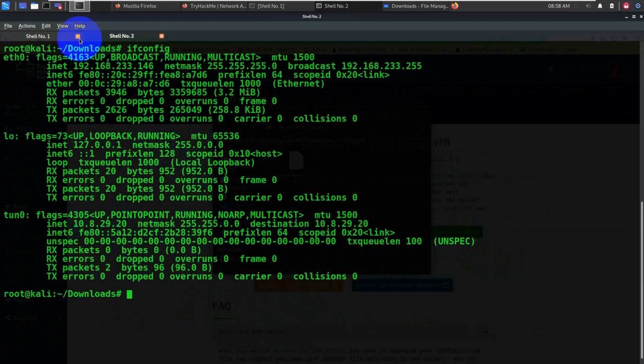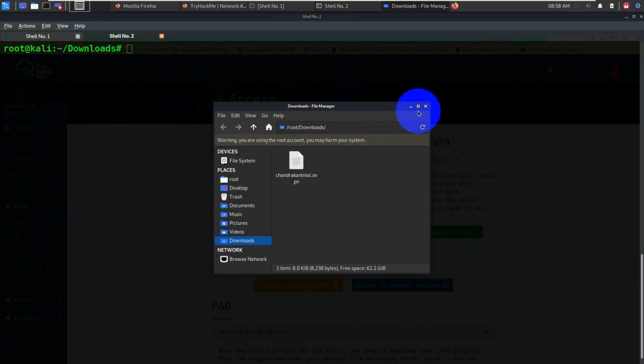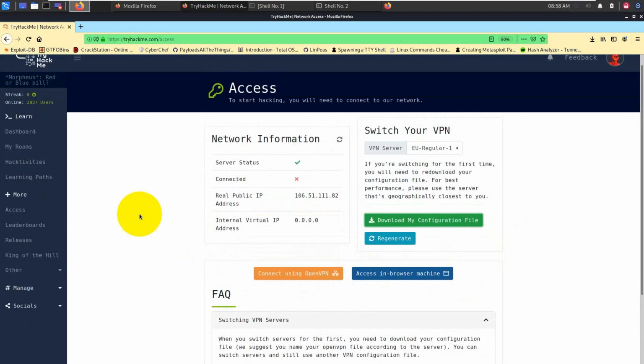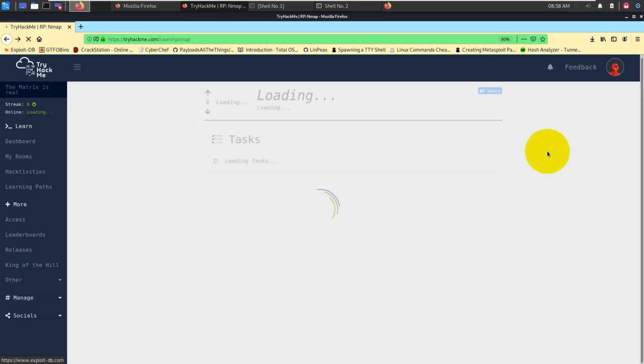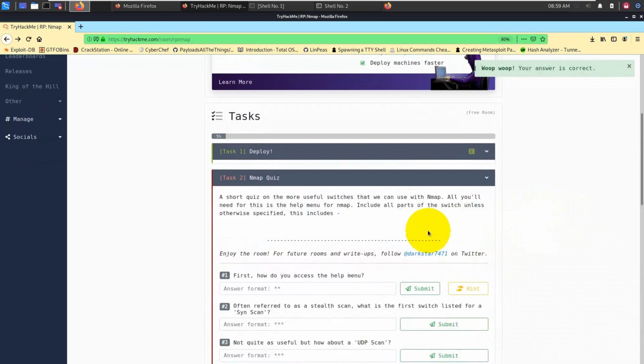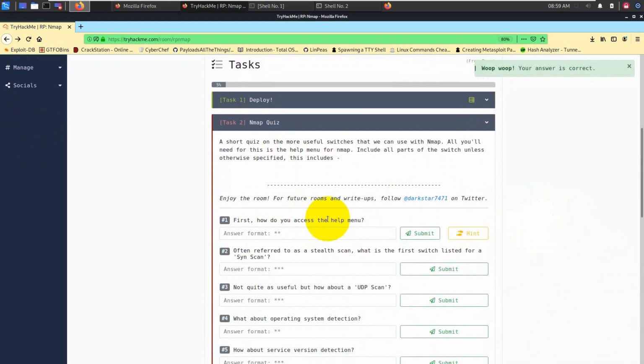So now let's go ahead and utilize Nmap to learn various scanning techniques. As I said, we will be going through the different challenges that are listed over here, and that way we will learn utilizing the Nmap tool. So the first challenge, we have deployed the machine, which is correct. Now let's see what the different quiz answers are that we need to answer. Please remember that I'll be covering most of the question answers that are listed in TryHackMe. Also beyond that, we will see what more I can cover on Nmap.